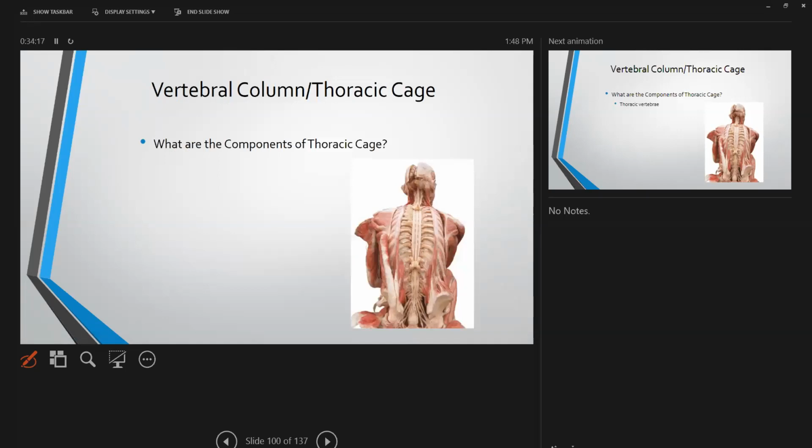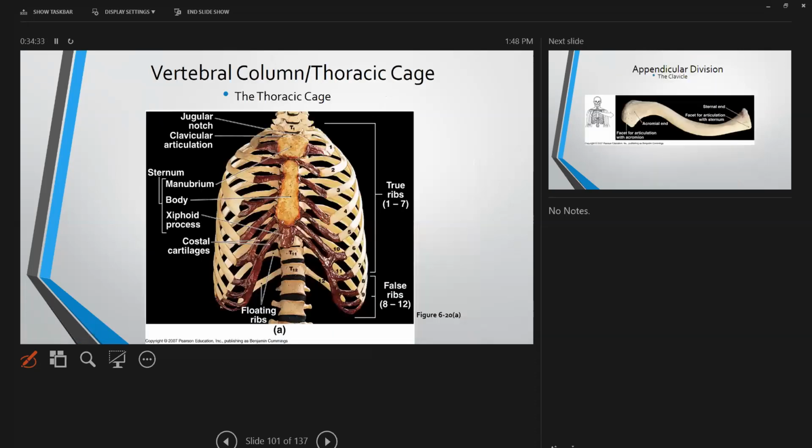What are the components of the thoracic cage? You've got the thoracic vertebrae, the ribs, 7 pairs of true ribs with cartilaginous joints to the sternum, 5 pairs of false ribs, and the sternum. So here's the thoracic cage. It starts at T1, and the ribs are numbered coming from here down. Rib number 2 is always that place where we think about doing a